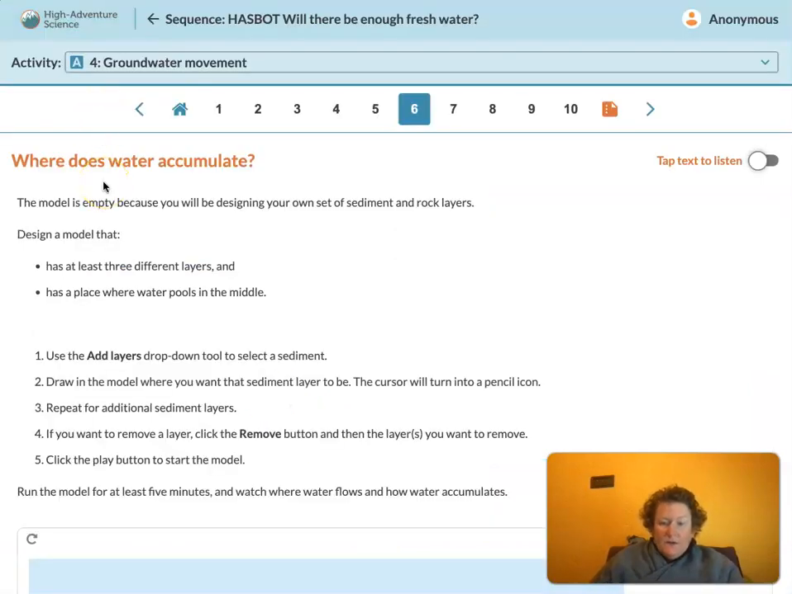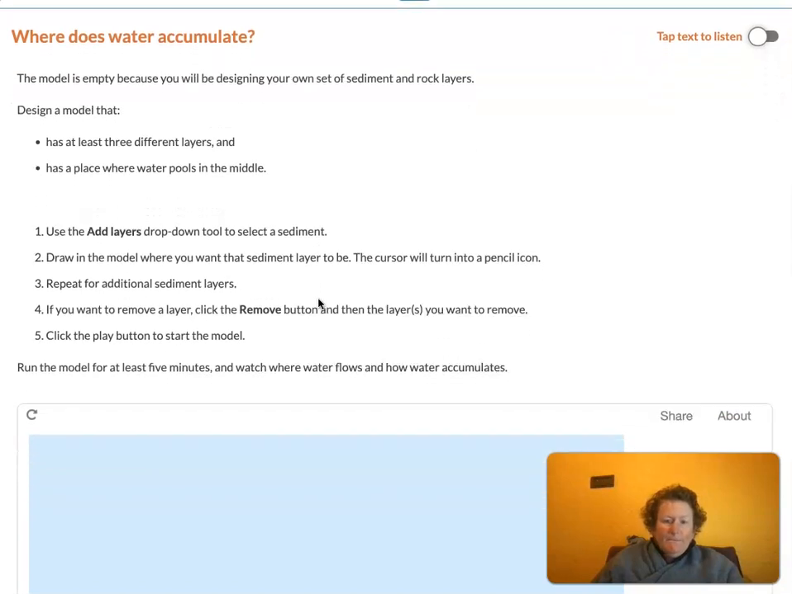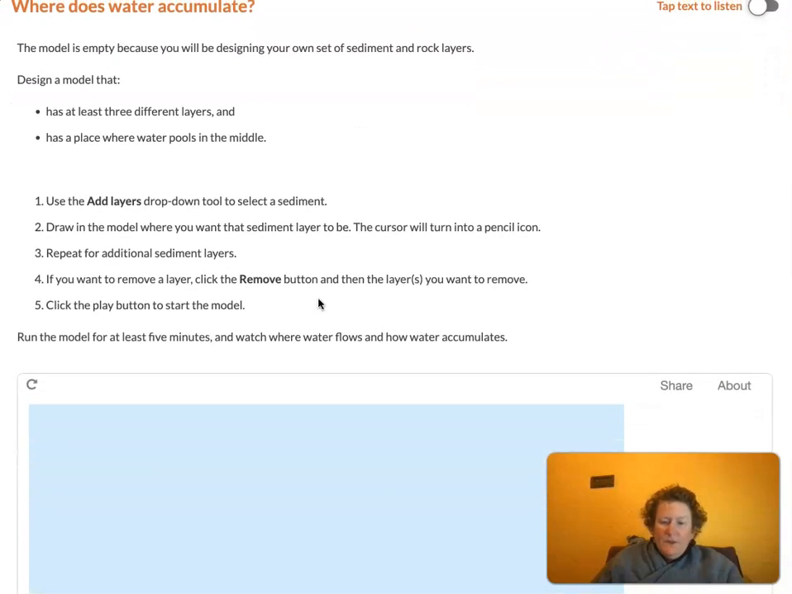So now it's our turn to build an aquifer. We're going to look at where does water accumulate. The model below is empty because you'll be designing your own set of sediment and rock layers. We're going to design a model that has at least 3 different layers and has a place where water pools in the middle. If water is going to pool, we should think about having a layer that has very low